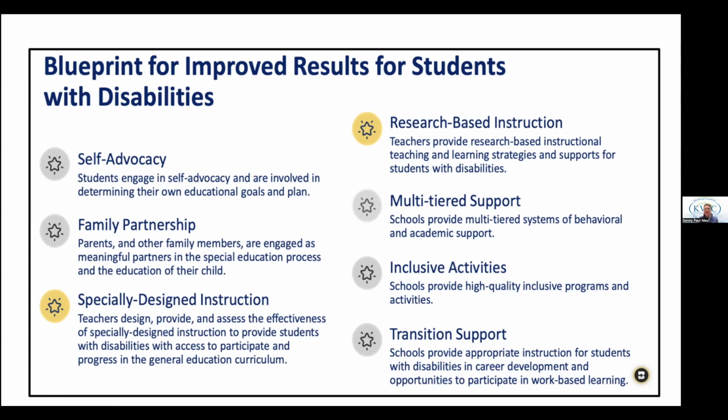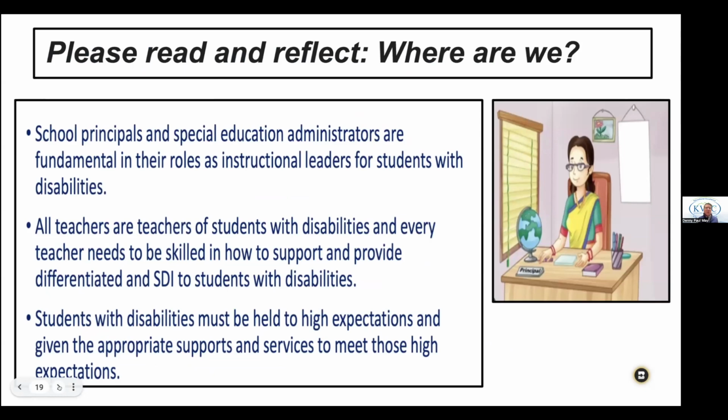And then the other piece for improving results for students with disabilities is research-based instruction. And so we're going to look at that a little bit as we move through. Exactly how do we know what's research-based, and how do we know what's going to come about as a result of our instruction? And do we know that what we're using actually works for students with disabilities and with all students? And so is there a research base? Is there a peer review to that? Is it evidence-based? Is it a high leverage practice? And you'll hear us talk about all those terms.